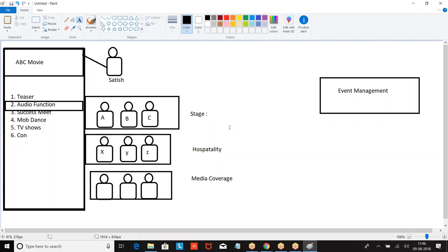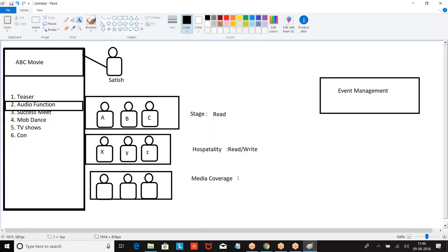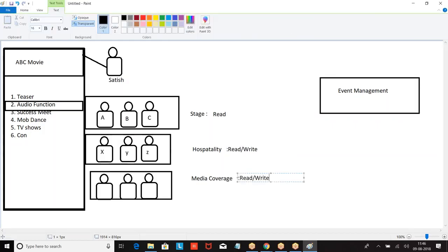So these people become team members. Now for this team member I'm giving, boss, you have read access. Boss, on this record you have read and write. When I say read and write on this record, for this company you have read and write. So you will be getting access to all the contacts, all the opportunities.